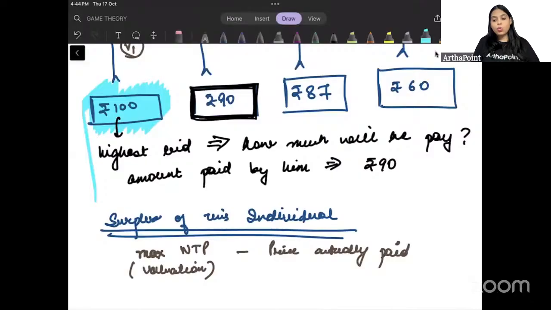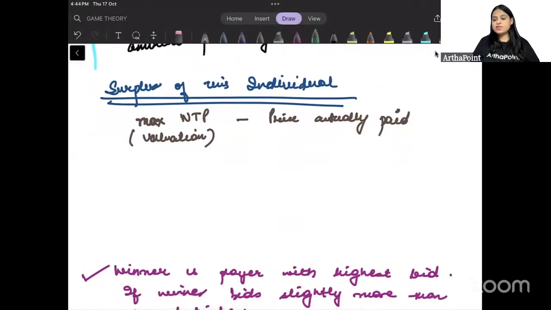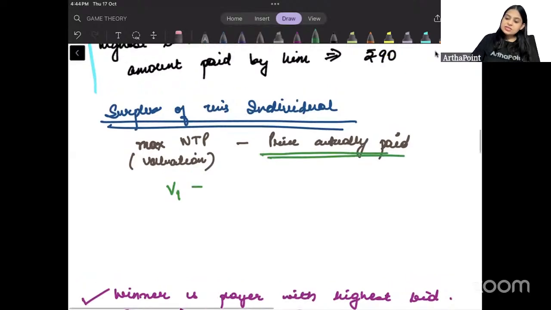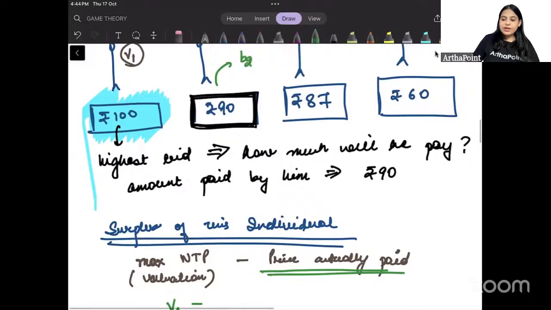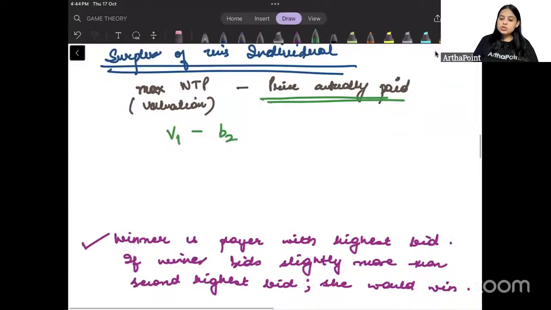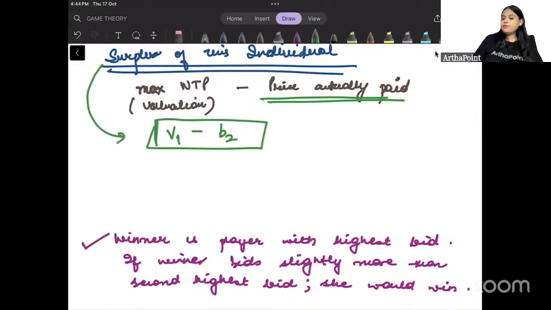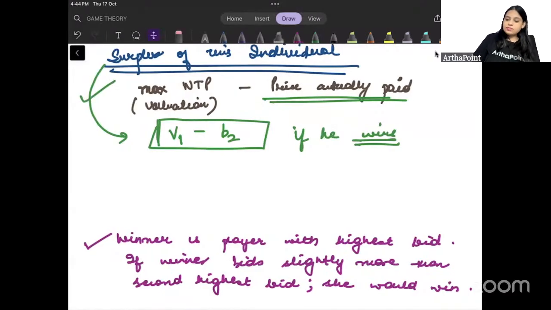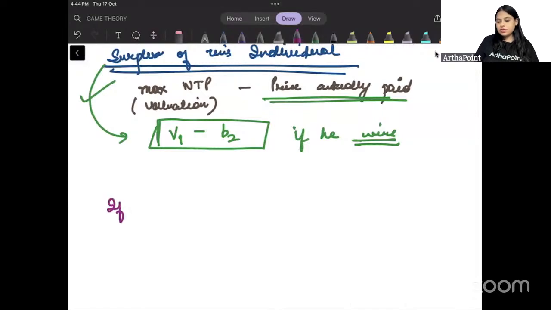He has won the auction. Now, after he has won this auction, his valuation was V1. V1 उसका valuation था. What he was thinking in his mind कि ये painting का worth इतना है. And the price he paid is equal to the bid of the second person, the bid of the second highest. ये जो second highest bid हुआ है ना, that's the price he paid for it. So this is his surplus if he wins. Okay. Now, second thing, if there is a tie,